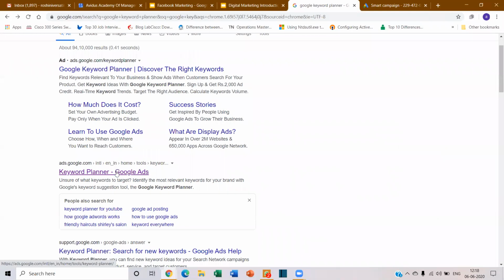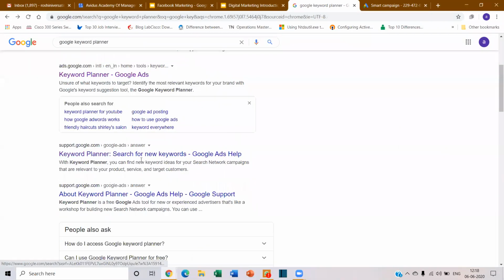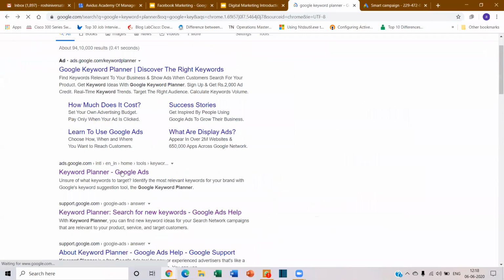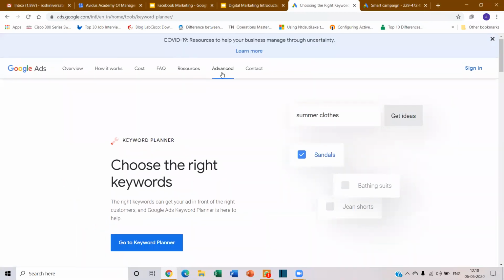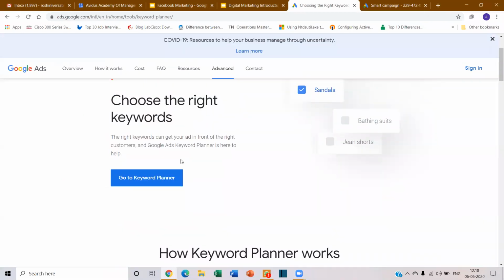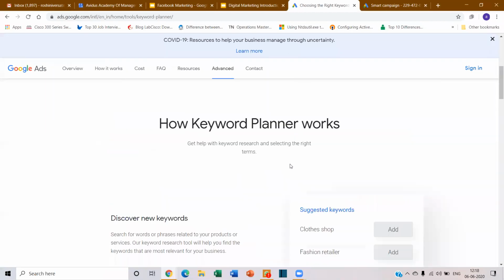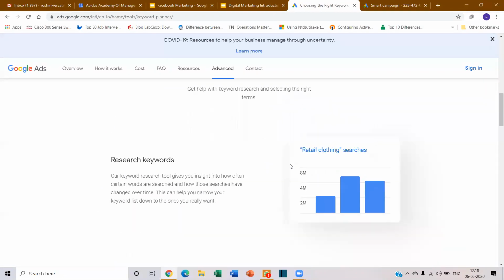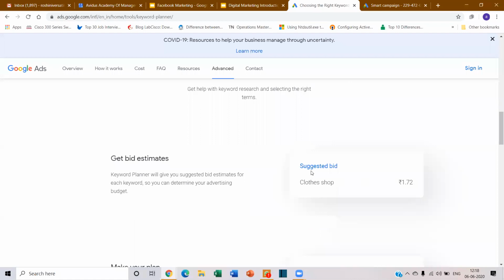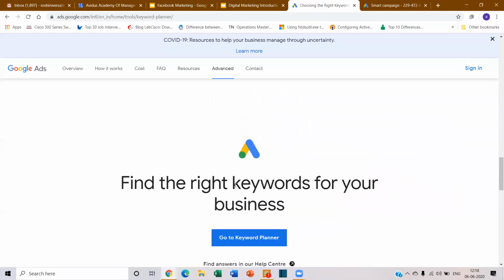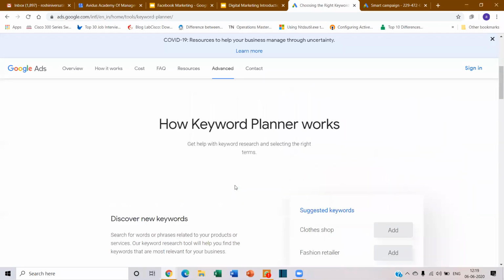So this is actually the page, the Google Keyword Planner. Using this Google Keyword Planner, you can get some ideas on which keywords are more appropriate, which is the highest bid, and what happens and all. Without using a keyword planner, we will not put Google ads. This is a tool that you can use to understand which keywords work better.